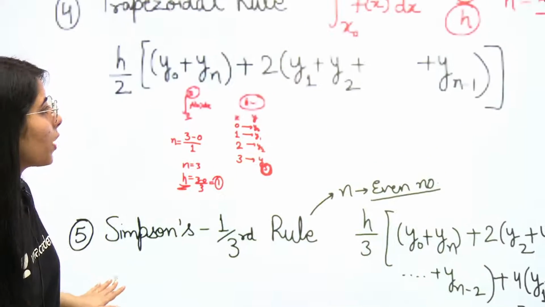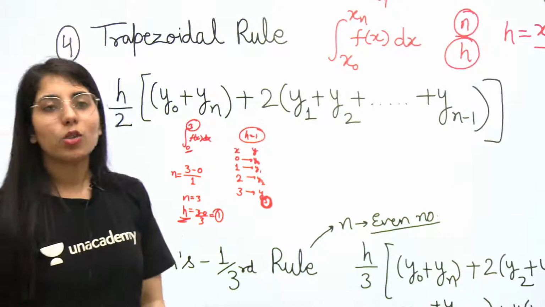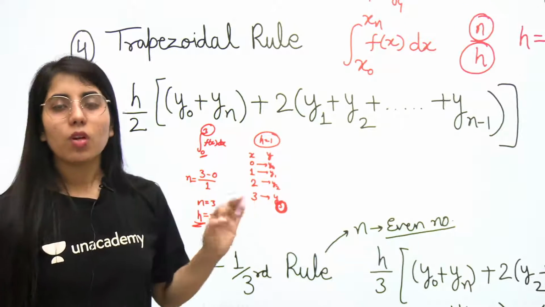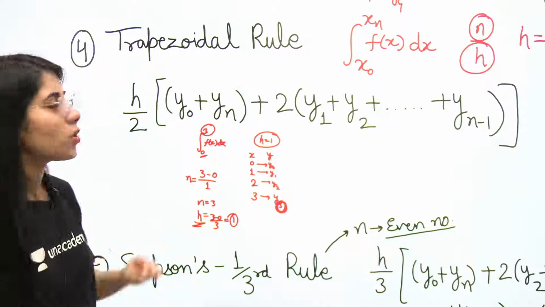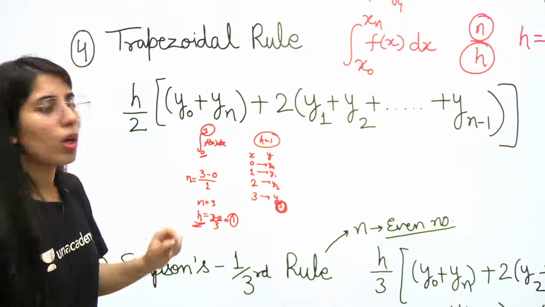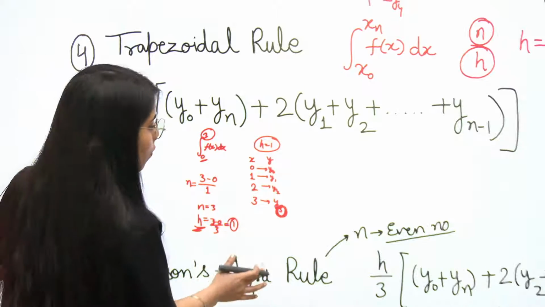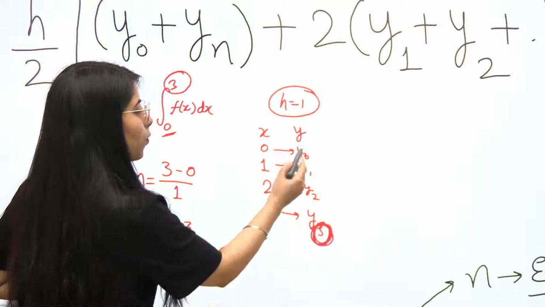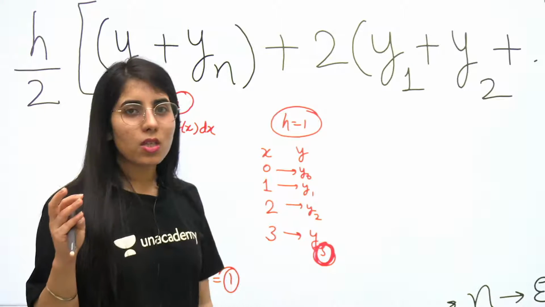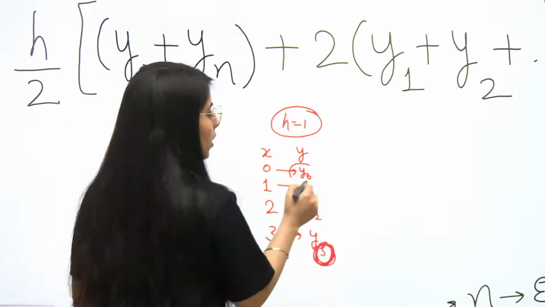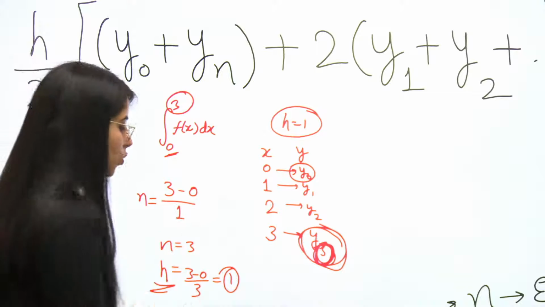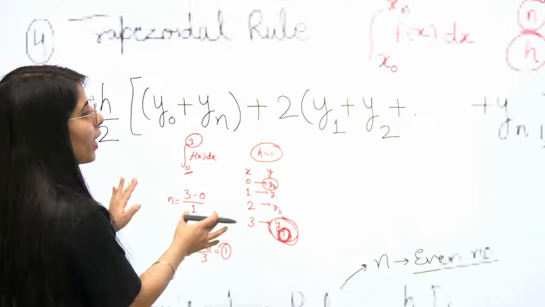Now, after knowing about the conditions related to n values, let's start the discussion about the integration formula which we are going to have as per the trapezoidal rule. So here it is h upon 2 y naught plus yn. What is y naught? The first value of y. When you are making the table, the first value of y in all the methods, whether Simpson's 1/3, Simpson's 3/8 or trapezoidal, you need to add this value with this value, the first and last values together in first bracket without even multiplying them with any number.